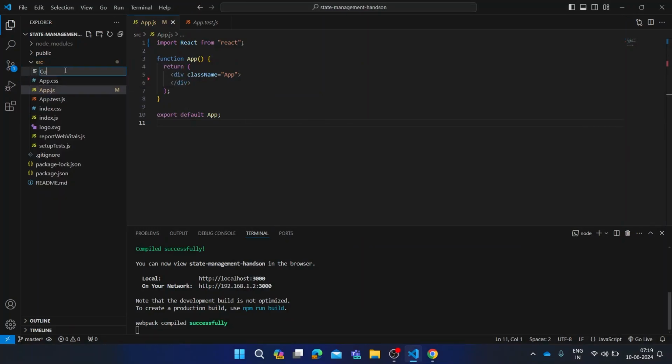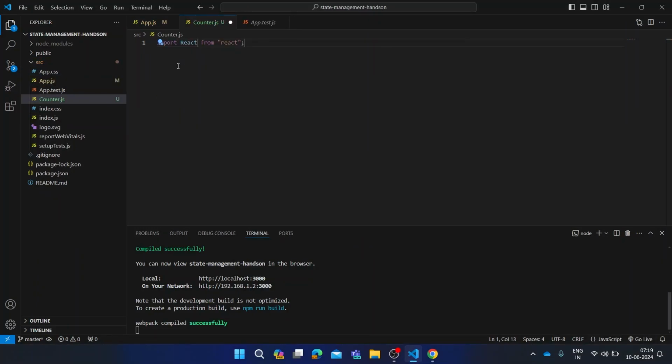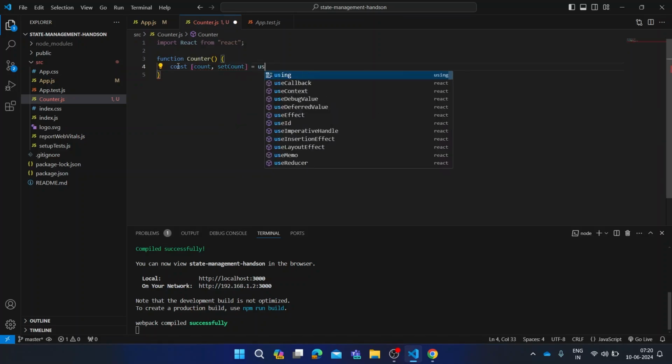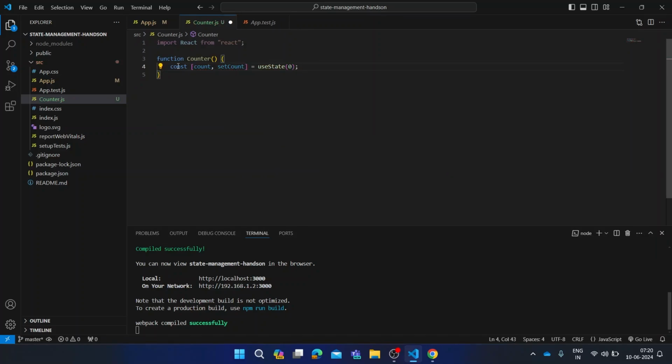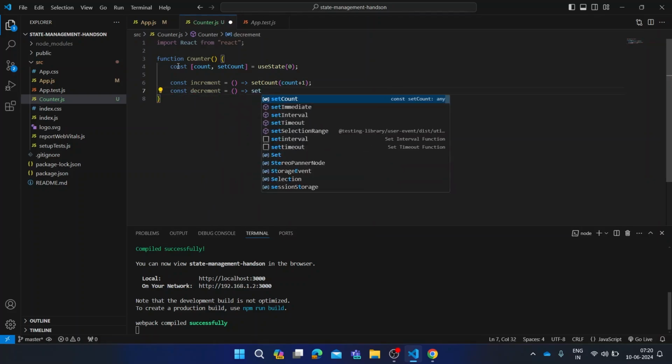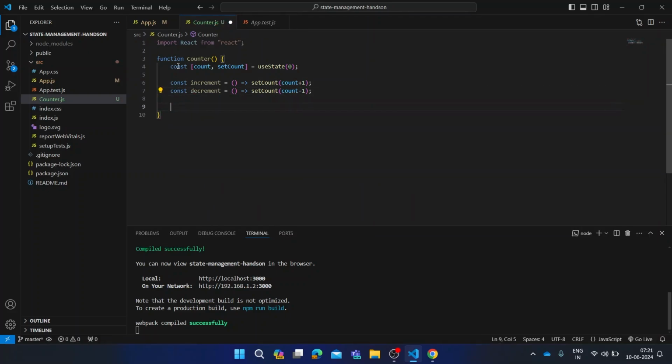First, we'll start by importing the useState hook from React. Then, we'll define a counter component where we use the useState hook to create a state variable called count and a function setCount to update it. Within the component, we will define two functions, increment and decrement, which update the count state by incrementing and decrementing it respectively. These functions will be attached to buttons in the component's return statement. The counter component will display the current count value and provide two buttons to adjust this value. Finally, we'll export the counter component.